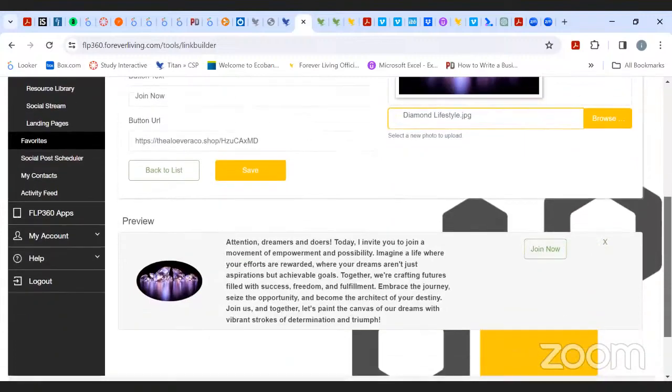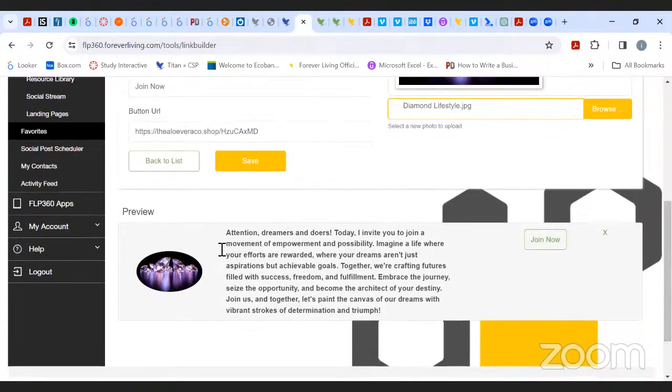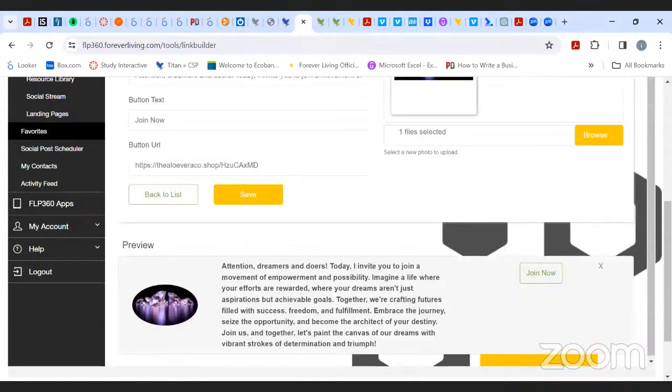Now, this is how I want you to look at the preview. This is what it's turning into. This is what we are building. I don't want you to lose sight of it. So this is the preview. This is our call to action. So you come here and you save it. Now, once you save,